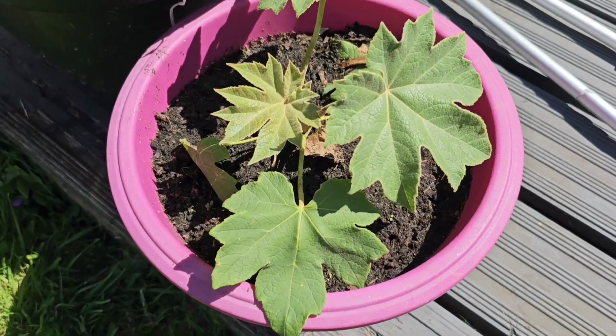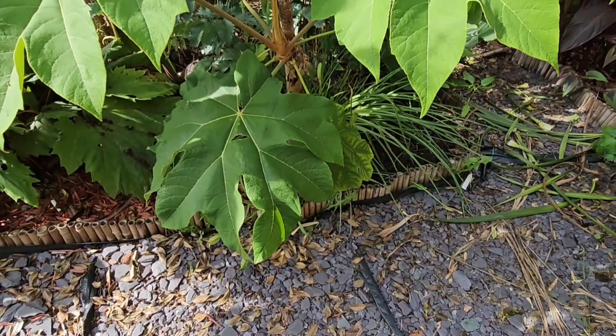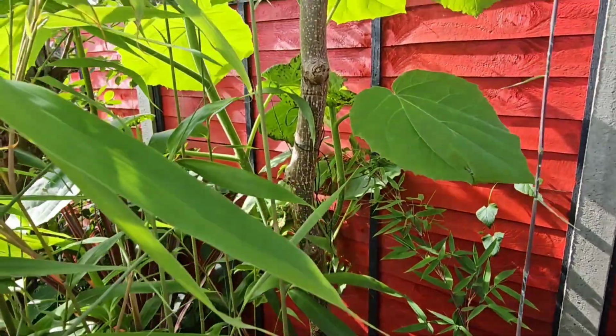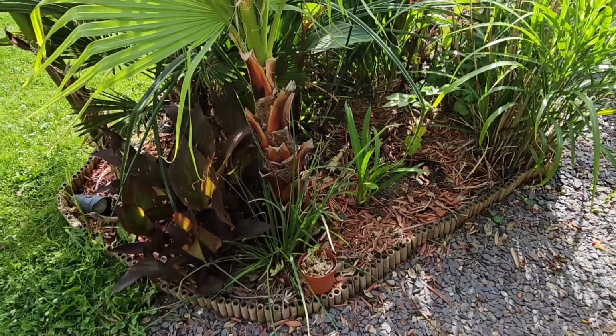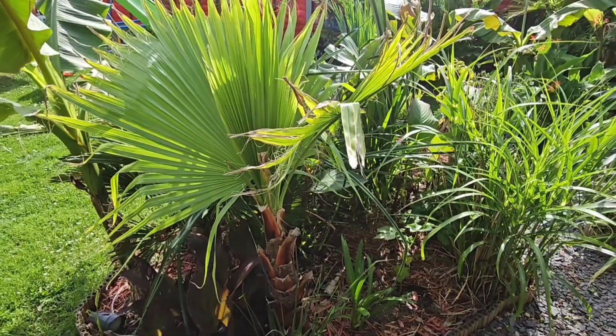And even a small Tetrapanax won't take very long until it's producing some wonderful big leaves. The variety Steroidal Giant is particularly fast growing. And Paulownia tomentosa is so fast growing you can coppice it right down to the ground and it will still grow back fast. In terms of palm trees, I find that the Washingtonia robusta or filifera are one of the